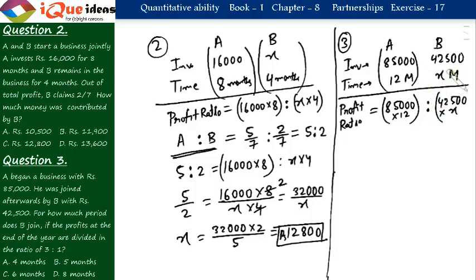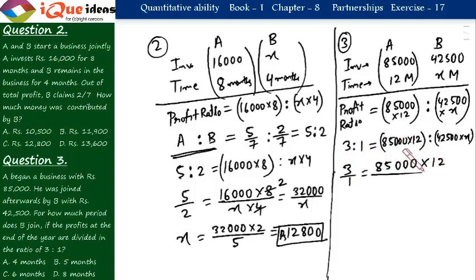And the profit ratio is already given as 3:1. So it is equal to 85,000 into 12 is to 42,500 into X. Now we need to solve this. So 3 by 1 is equal to 85,000 into 12 divided by